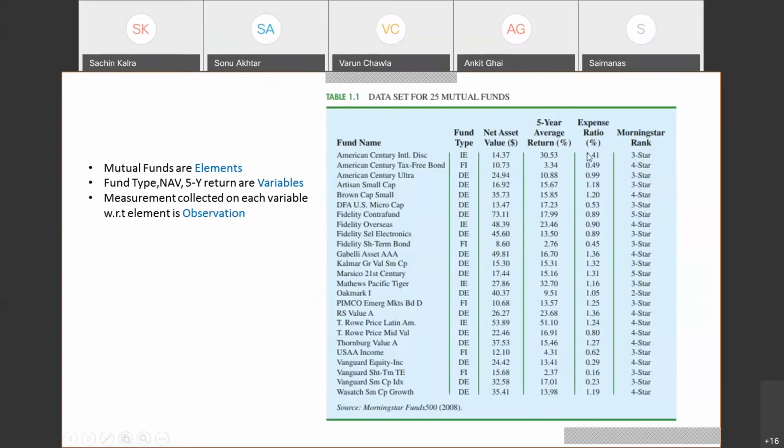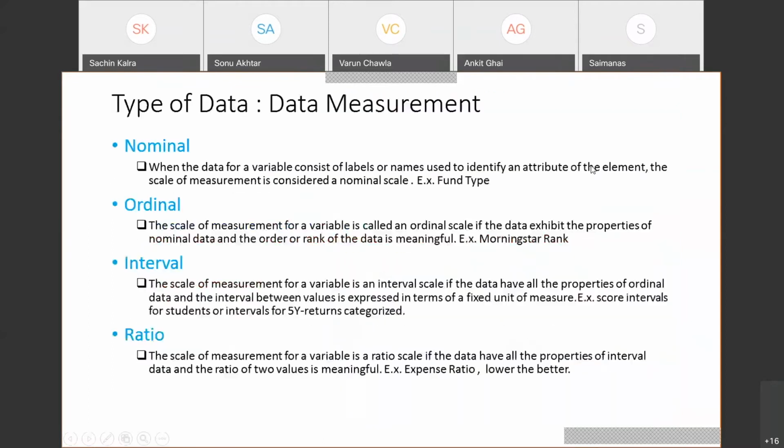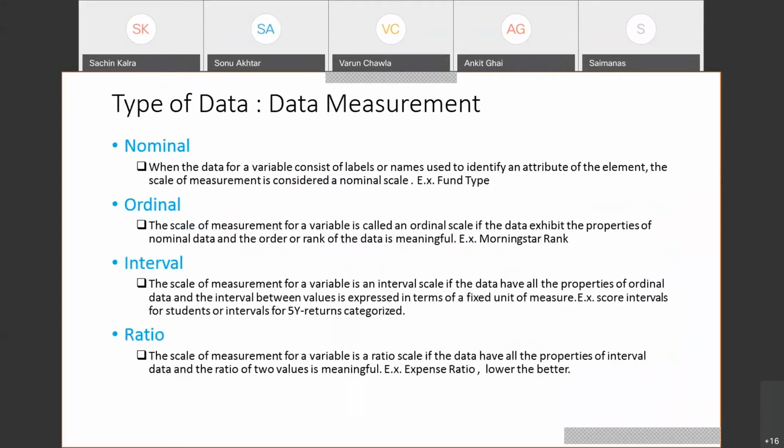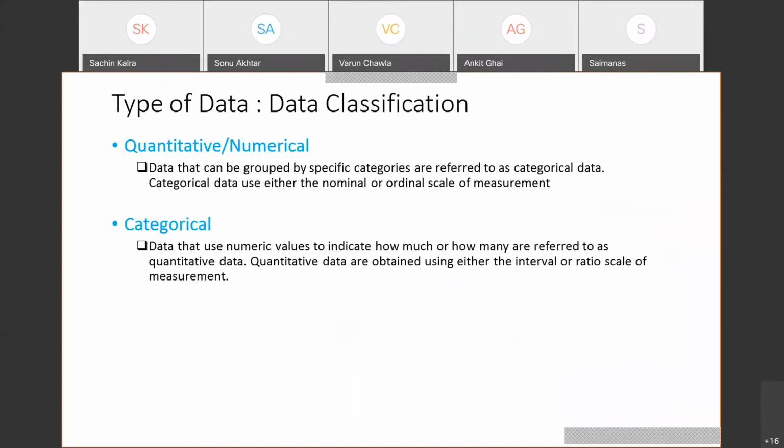Okay. So we just learned about the types of data with respect to data measurement. Now let's come to data classification. In data classification, we always have only two types of data. One is quantitative, which can be quantified, and is referred to as numerical as well in respect to data analysis. And the other is categorical. As the name suggests, quantitative data is the data which can be quantified. For example,